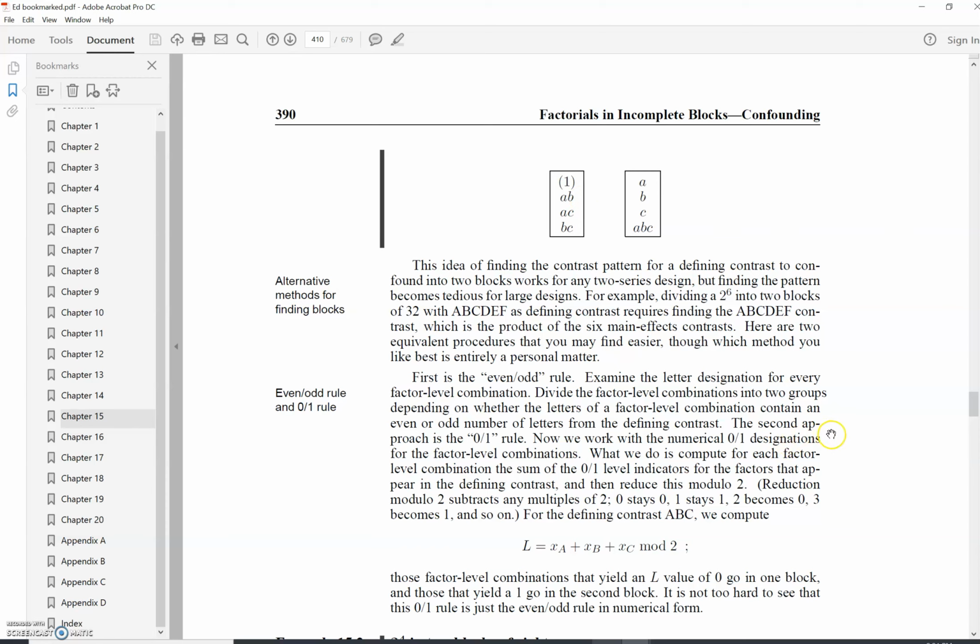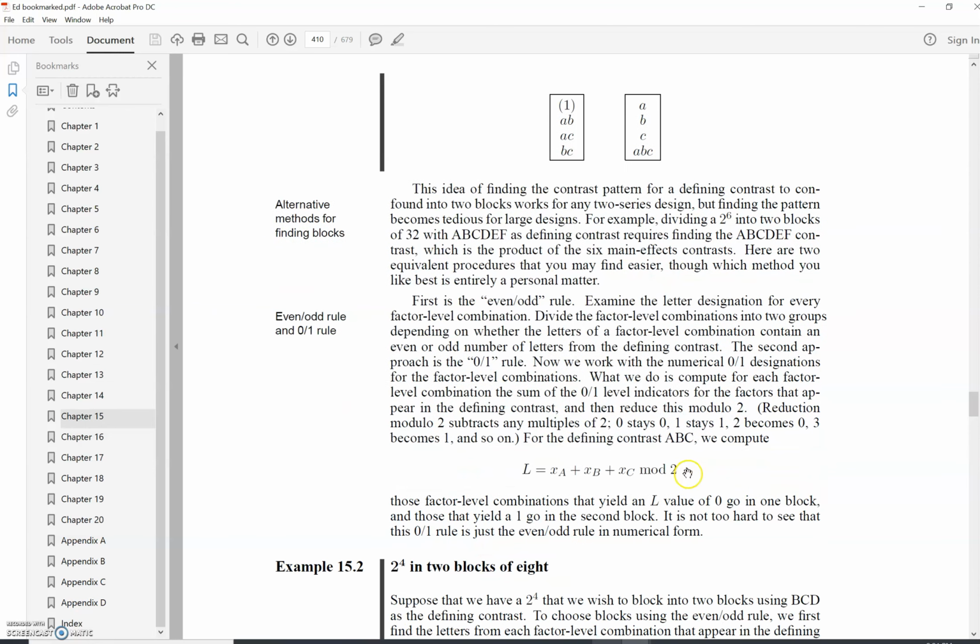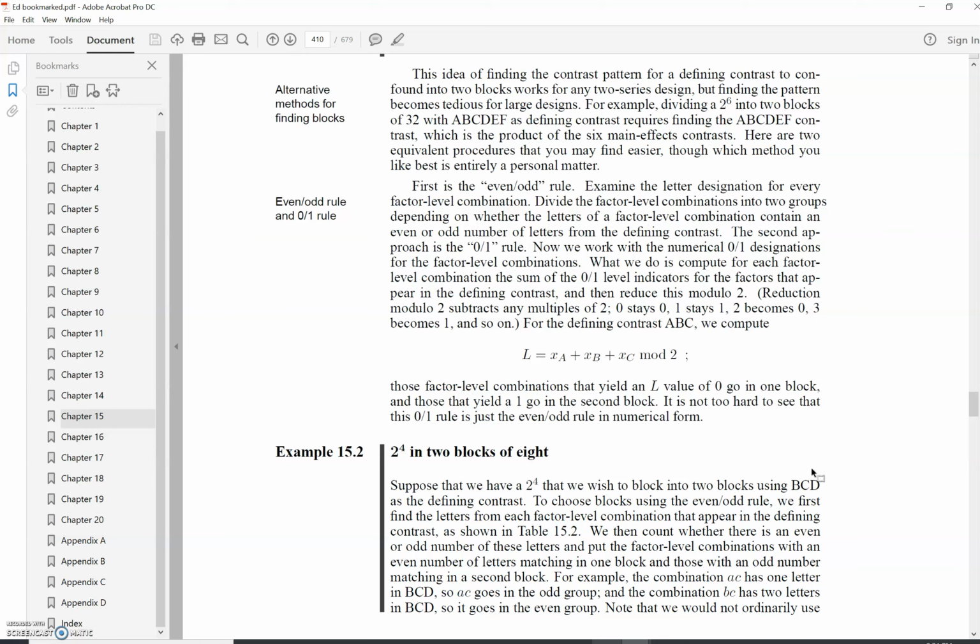Let's go through and use then, Gary talks about the 0-1 rule. It's kind of the same idea. We work with the numerical 0-1 designations for those factor level combinations. And then we compute each factor as a sum of the 0-1 level indicators. Let's just see this. I think this is really hard to see in general until we see it in practice. Okay, so for the defining contrast ABC, we can compute L,